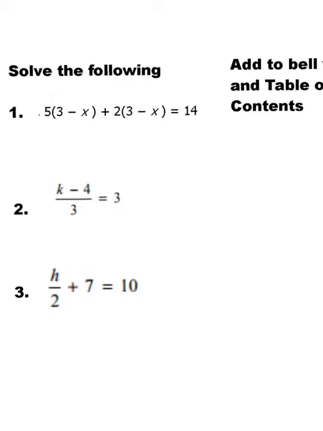Somebody said it, distribute. So you're going to take the 5 and the 2, and you're going to distribute each of those terms as such. 15 minus 5x plus 6 minus 2x equals 14. Now what do? You're going to combine like terms. Now notice,